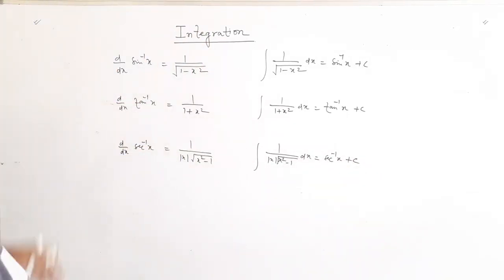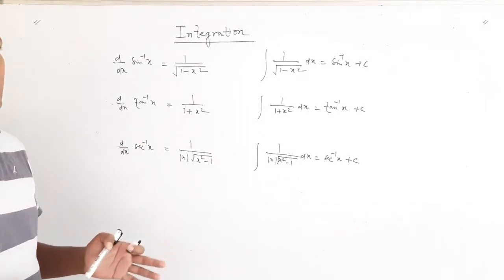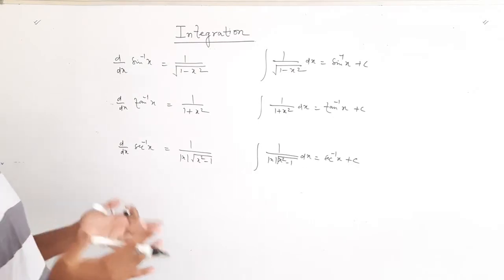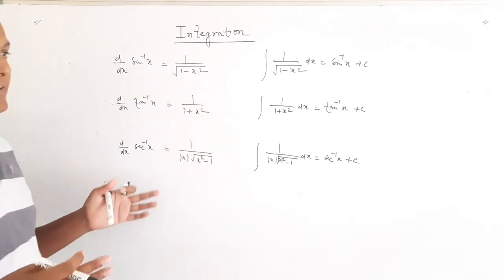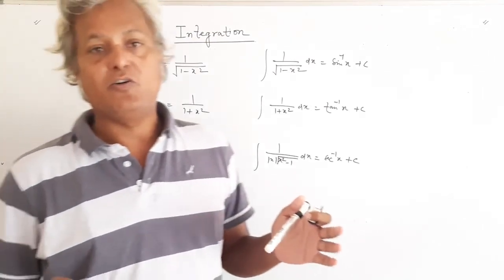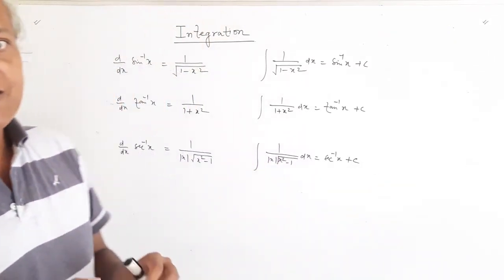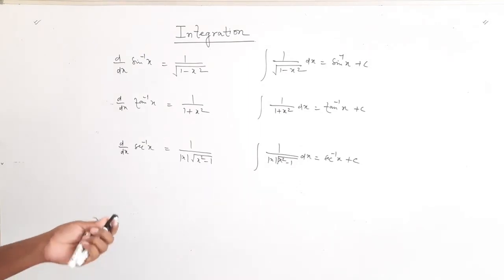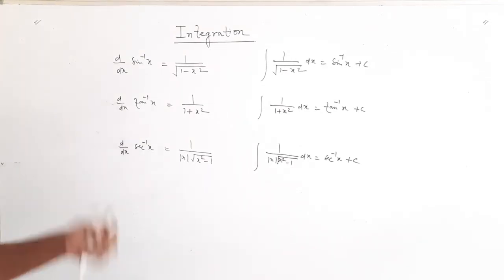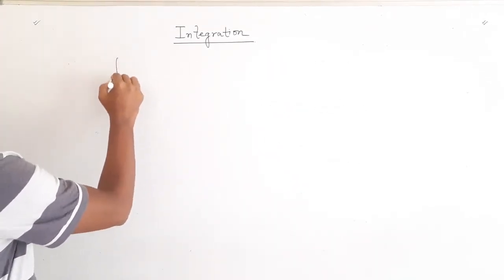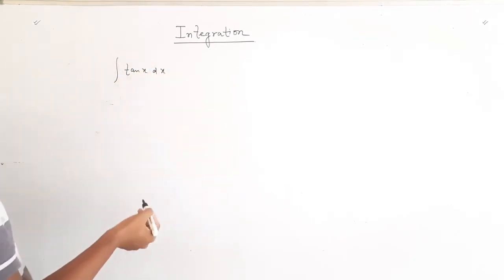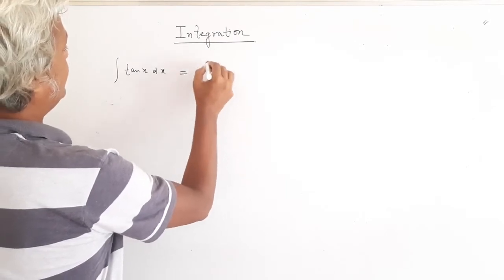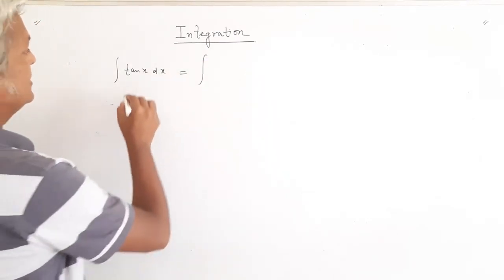So these are the formulas of the integrations. Now if we have something which does not fit directly into these formulas, then what we have to do? Then for those we have to use method of substitution. For example, I'll explain some formulas for the method of substitution, but let me clear the screen. Now there is no formula for integration of tan x dx directly. So how can we do that? We can use method of substitution.